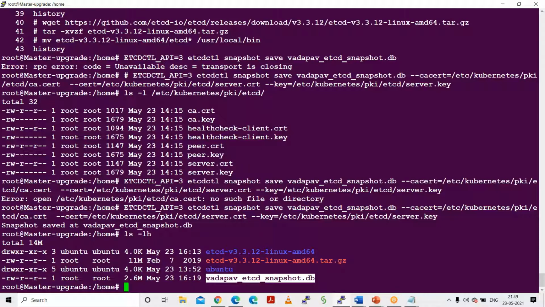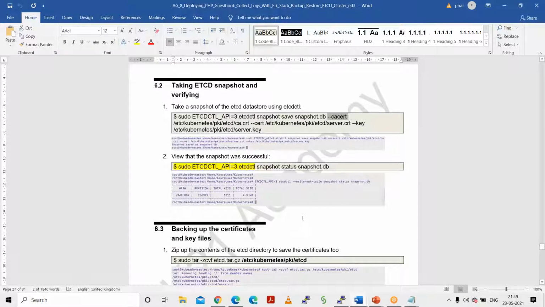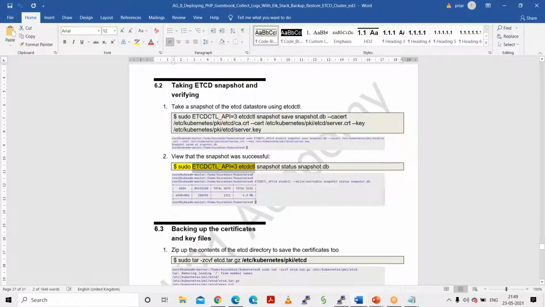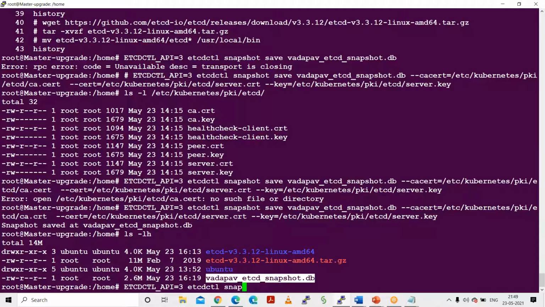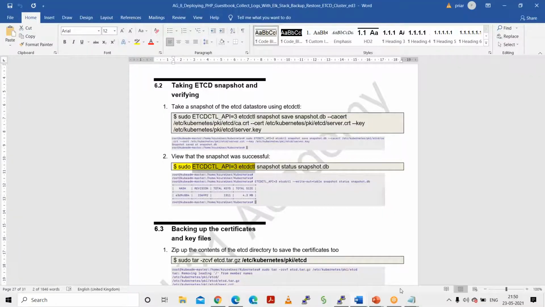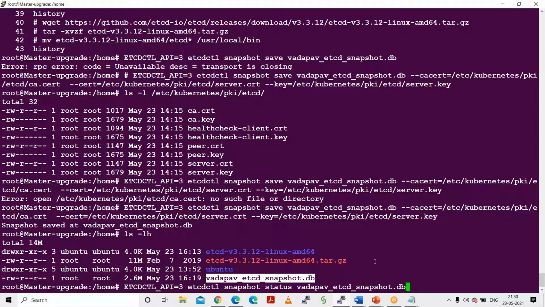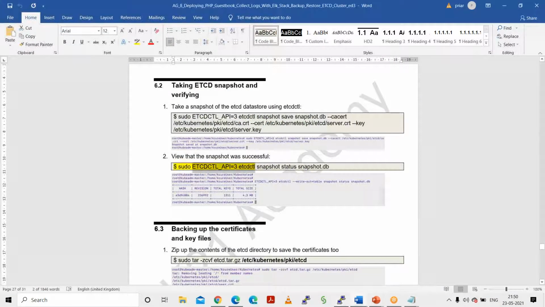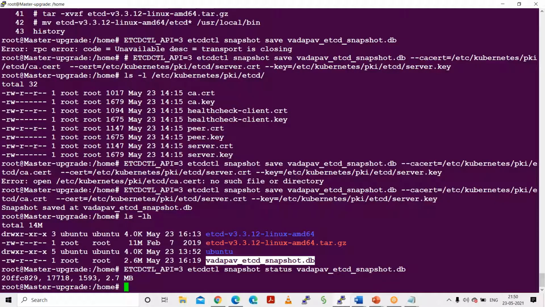The backup is there. Now I will delete the etcd folder. But first of all, you can verify whether the backup is correct or not. So you can use the same command, space snapshot status, and the name of this one. It will show you how many members are there, the size and everything. So you can see the specific status of it. Okay, and now